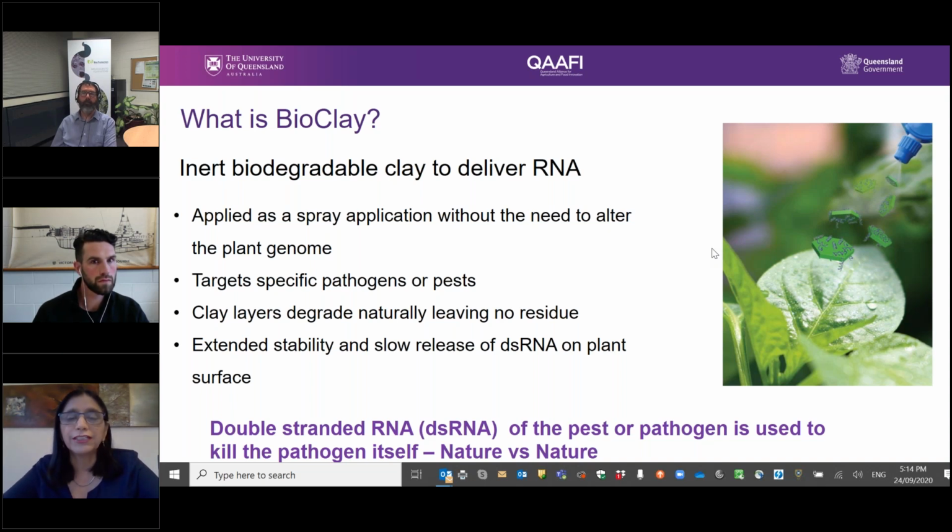Bio is the biological active, and clay are the particles that carry this active. It can be applied as a spray application using your normal sprayers, so it is very much compatible with any technology being used at present to spray insecticides and fungicides. It is very specific. We can make it very specific because we are using the RNA from the pathogen itself, and we can make sure when we are designing it that it is